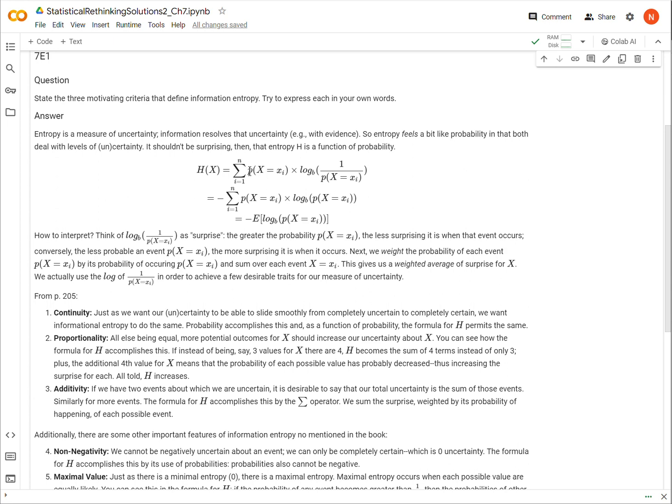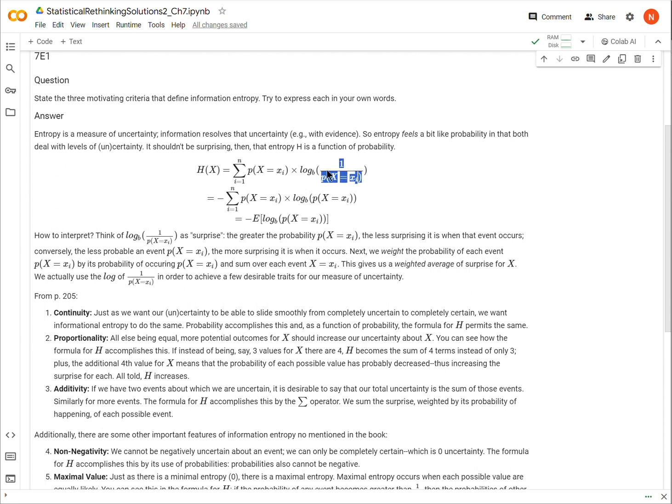Well, the first thing that's going to happen is, of course, now instead of having two terms to add together, we're going to have three. So already we see that there's this tendency for entropy to want to go up because we're adding three things together instead of two. But also when we added a new option for x, the probability of each option has to adjust, right? So before we had two options, and let's just say that they were equal probability, so it'd be 0.5 and 0.5. Well, now we have a third option in here, and now we'll just say that they're all 0.33. The probability of each of them is a third.